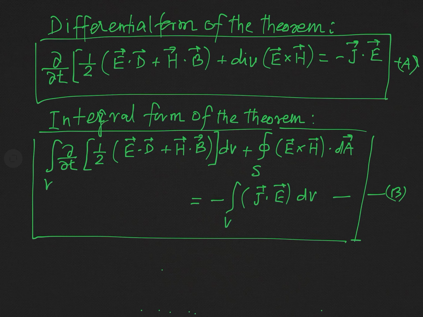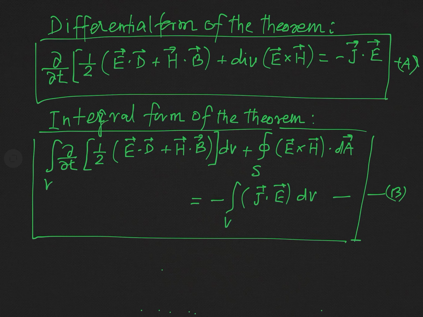And here you can see the del t operator means we are taking just the time rate of change of the total energy density in the electromagnetic field, and this is equal to minus J dot E. We will see later that this J dot E is actually the work done by the fields on the charges, or on the particles, or on the matter per unit volume per unit time. I have just mentioned it here, but after the deduction we will explain each and every term